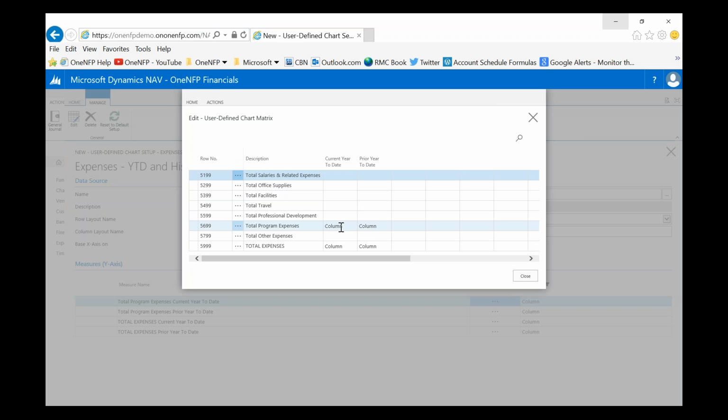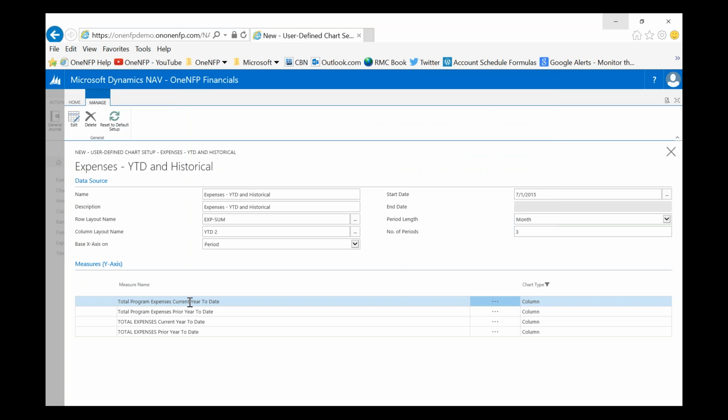I usually pick column. I'm going to do a chart later on that will have a line in it. Step line, stacked column, it will depend on what it is you're trying to show, whether that makes sense to include that or not. I'm just going to go with column because that's fairly basic and that's what I generally use. Now down here, this is pulling the